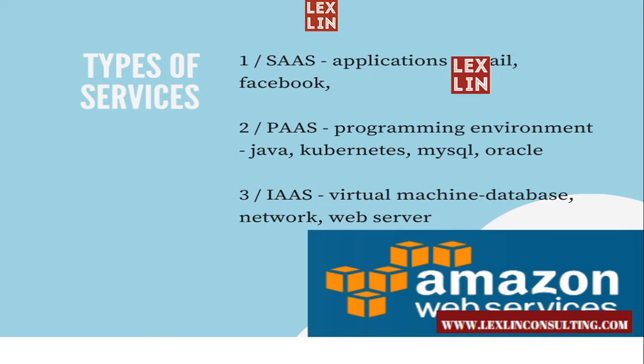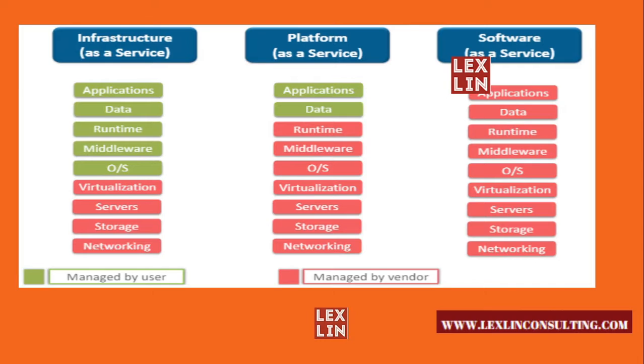Third and final, which is more popular, is infrastructure as a service. This is more virtual machines. You have a network such as VPC. You have a web server. You have databases. You have a machine that's running WordPress or Joomla. These are all infrastructure as a service. You have your firewall, 40 gig firewall, Palo Alto firewall sitting in the cloud, virtualized. That's what that is.